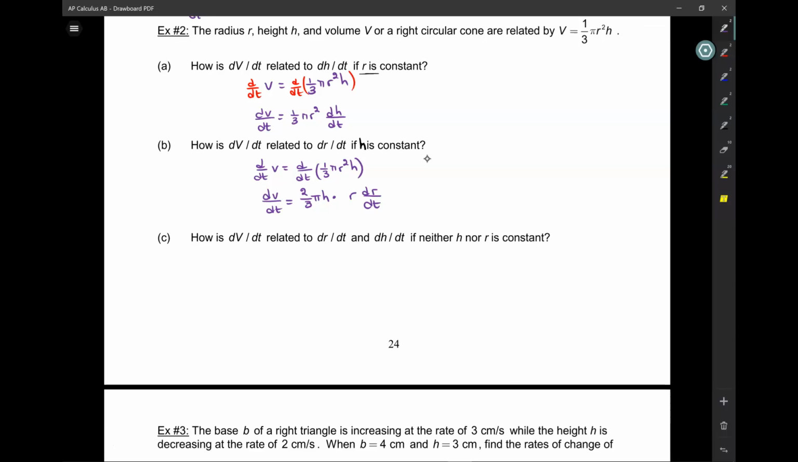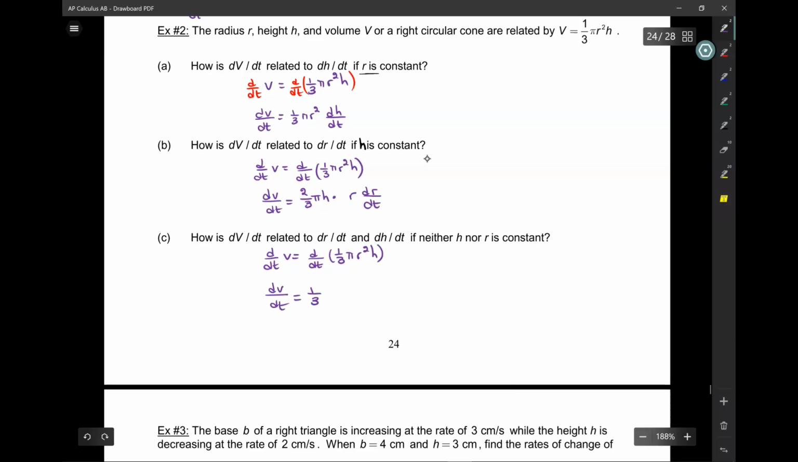How is dV/dt related to dr/dt and dh/dt if neither h nor r is constant? Now, what if they're both variables? Then we're going to do it differently. So it's d/dt of 1/3 pi r squared h. Now, so this is dV/dt